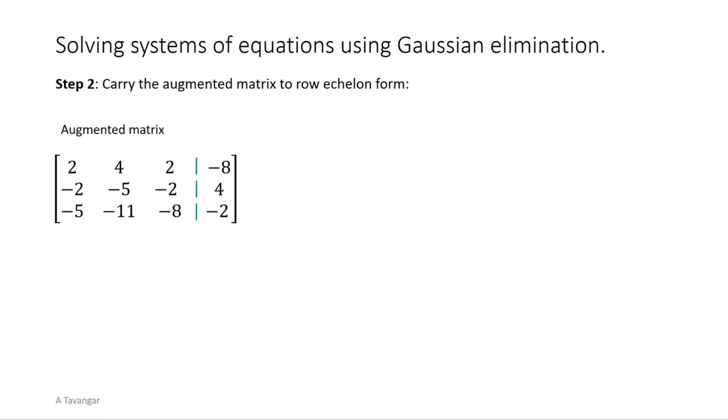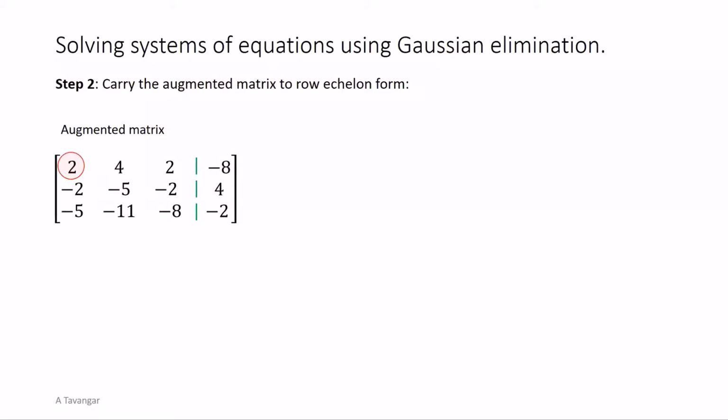Now, through a systematic procedure of row operations, we will simplify the augmented matrix and carry it to row echelon form. Note that the elementary row operations used on the augmented matrix will not change the solution to the corresponding system. We begin with the augmented matrix in its original form. Starting from the left, we find the first non-zero column. In this example, all columns are non-zero, and thus the first column is the first pivot column, and the position at the top of this column, which is 2, is the first pivot position or leading entry of row 1.